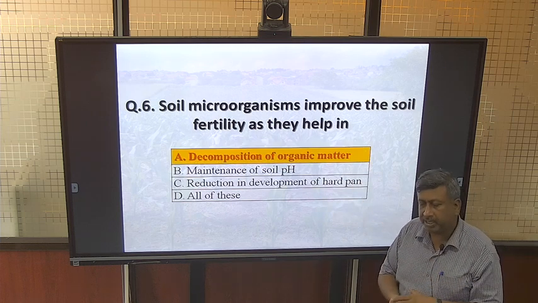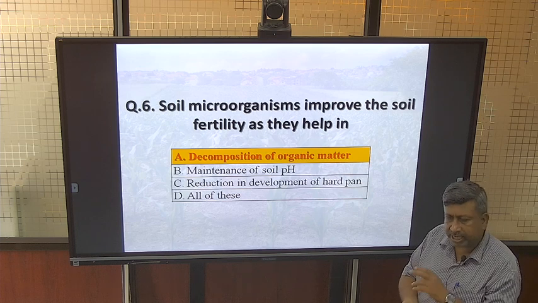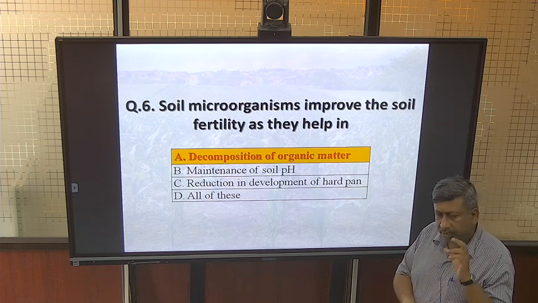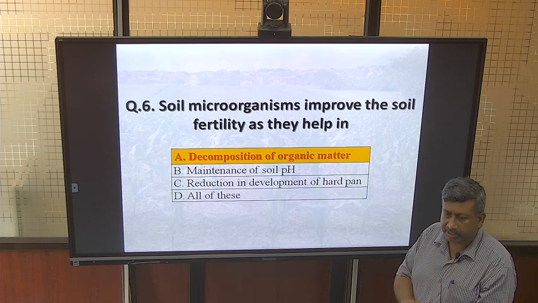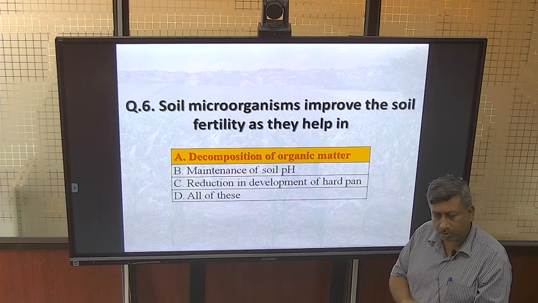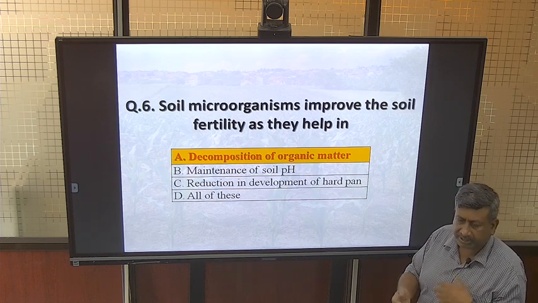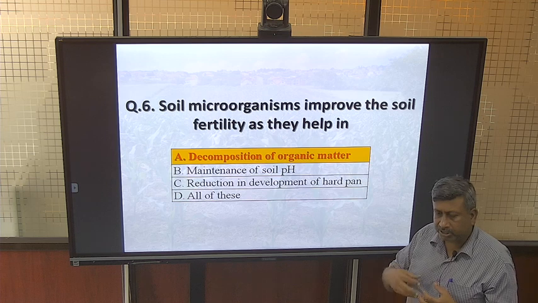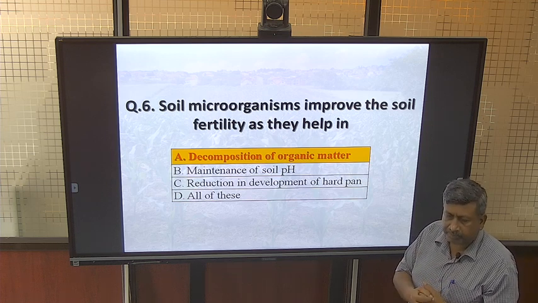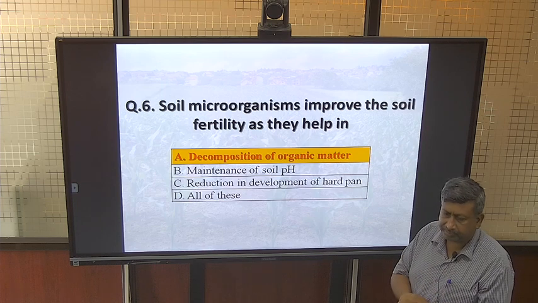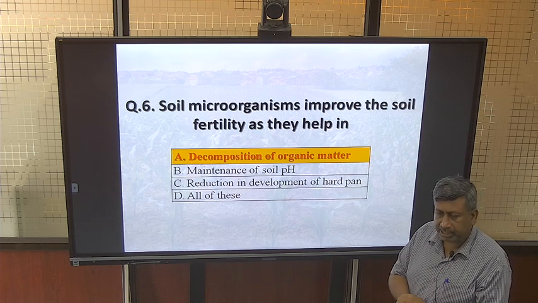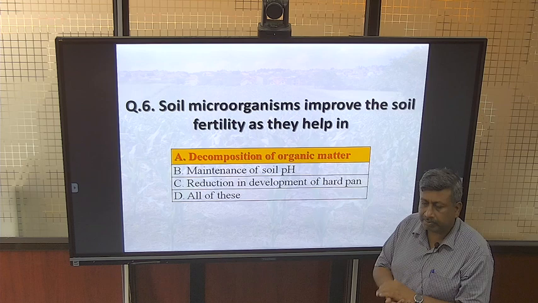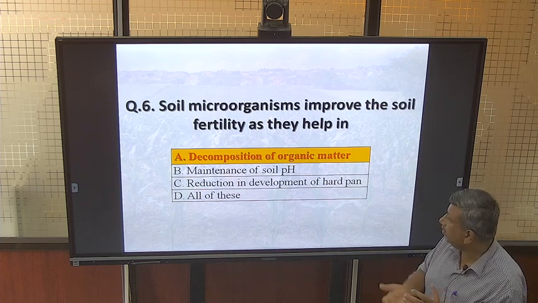When we apply organic matter, FYM or crop residue or any other biomass, then microorganisms act on this organic matter and they derive the carbon as their source of energy, synthesize their body, and during this process nutrients are released which were locked in organic matter, okay, and these nutrients then become free in soil and available to the plant. So this is the reason that microorganisms increase the soil fertility.